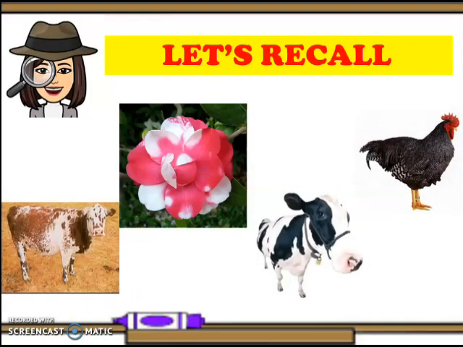Let's recall. In the previous lesson, you learned that in codominance, the phenotype of the heterozygote exhibits both the phenotypes of the homozygous parents. Thus, the trait is neither dominant nor recessive. In this new lesson, you are going to learn that there are times when there may be more than two types of alleles that control a certain trait, and this situation leads to the expression of more than two